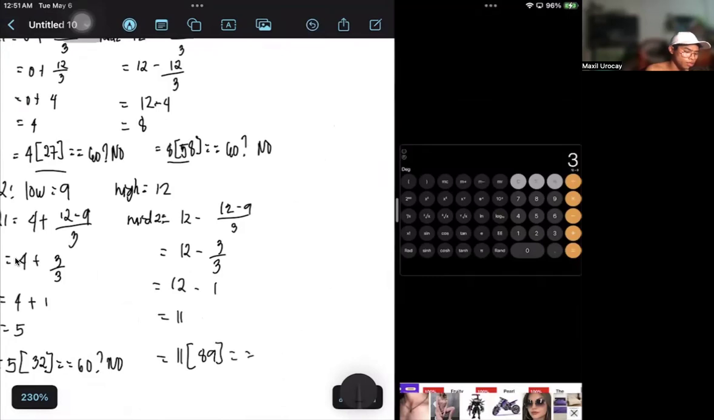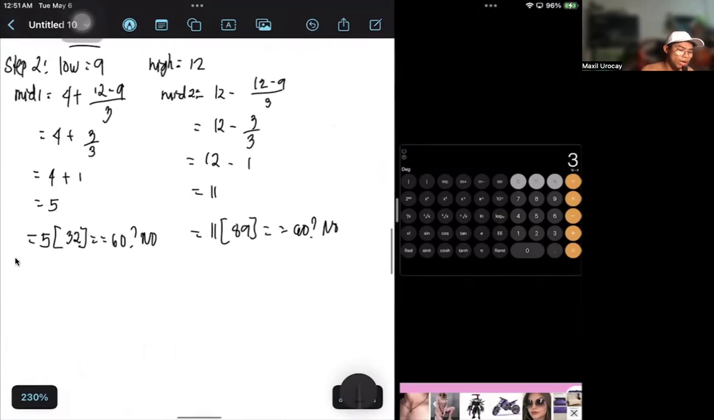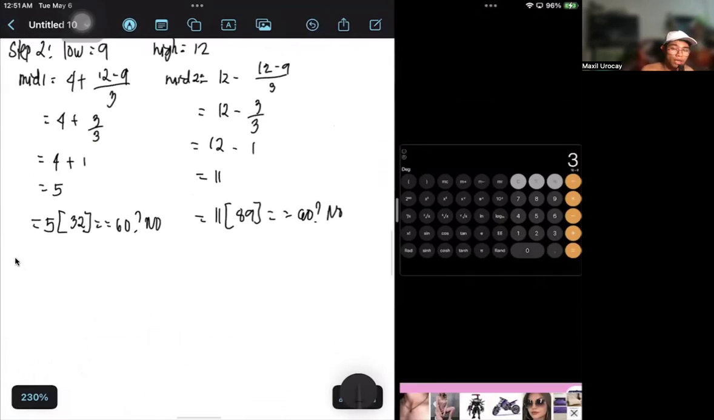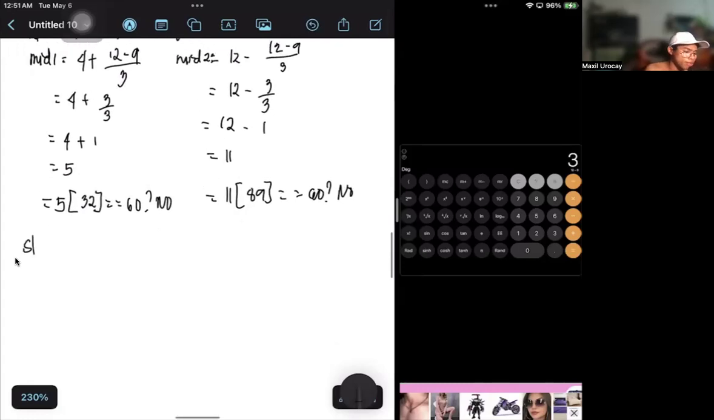Okay. Is it equal to 60? No, the same thing. So if you're going to assess it right now, you cannot go back with the mid 1 anymore because you cannot make it mid 1 plus 1. No, no, that's a no, no. So your mid in your step 3,